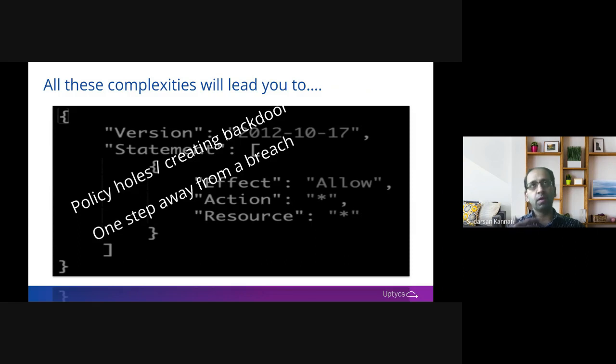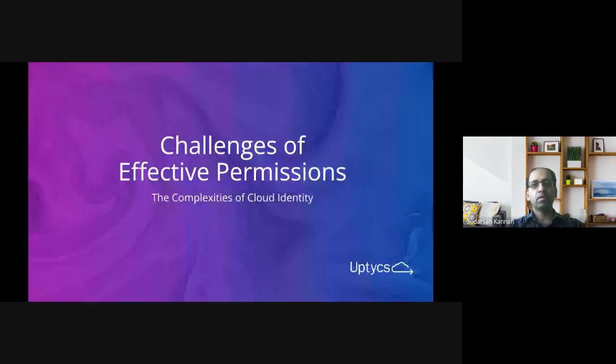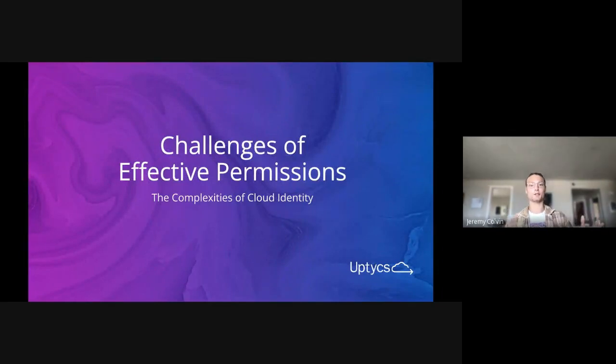As part of the discussion, we're going to talk about what the complexities are, how you should be thinking about them, and how we can help you address those problems. Yeah, no, that's really helpful. Taking that foundation piece, cloud identity is a little different than traditional identity, but the foundations are still there. It just has so many layers of complexity on top of it. We talked about those 40,000 APIs, or these different authorization layers and authentication methods that you may be exposed to. There's just this mesh around your access. So I'd love to focus back on the topic of today, which is really the idea of effective permissions.